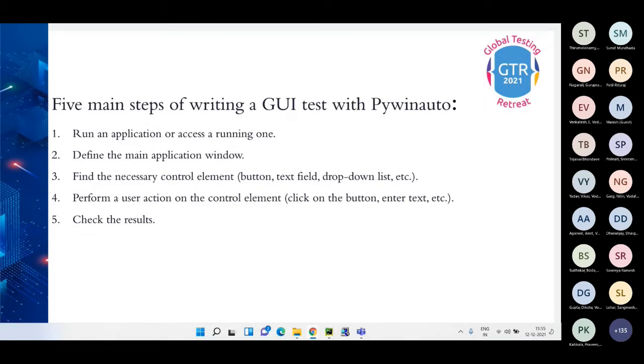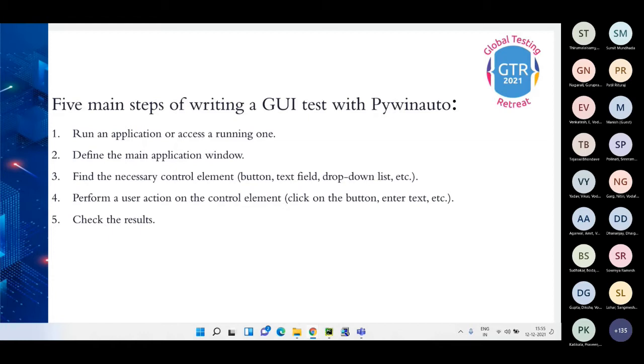If it's a Notepad, you have different tabs like File, Insert or Help, and inside the tabs there are different options and sub menus available.